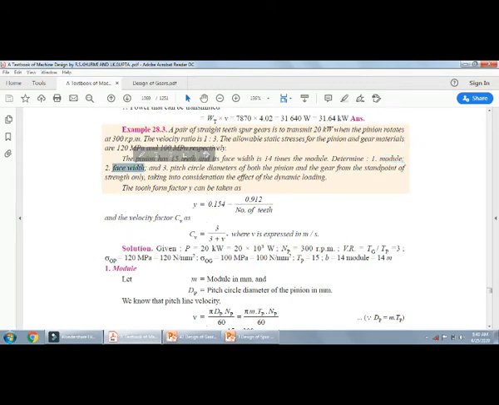Then determine the module, face width, pitch circle diameter of both the pinion and the gear from the standpoint of strength only, taking into consideration the effect of dynamic loading. And he is giving here the tooth form factor y should be taken, y is equal to 0.154 minus 0.912 divided by number of teeth. So, this value may also be calculated, if not given, then we may also calculate it